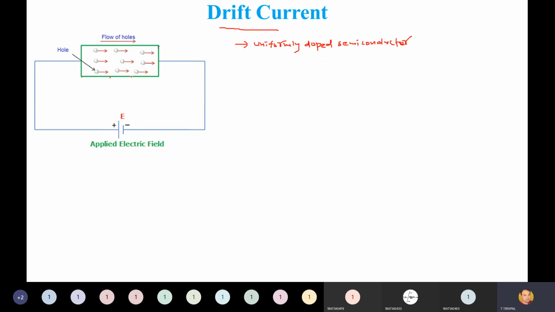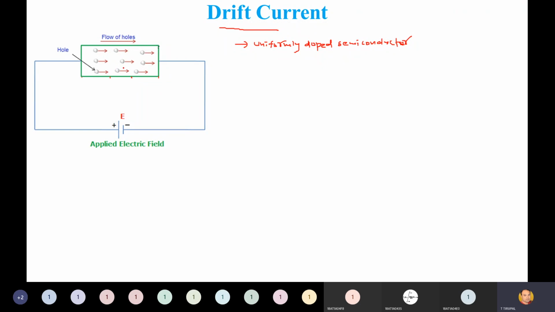From here to here, it is doped with charge carriers. So if you consider per area, the charge carrier doping concentration is uniform. That is called a uniformly doped semiconductor. Per area, it has been divided into equal doping concentrations here. You can assume this one as a hole, or it may be an electron.